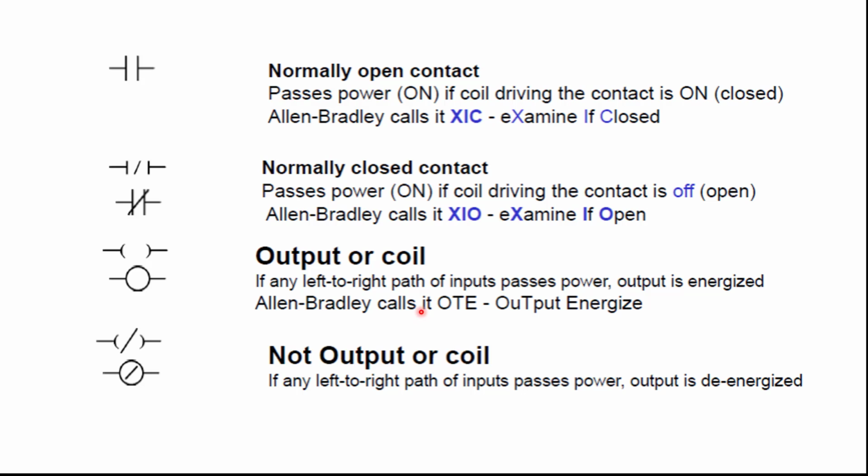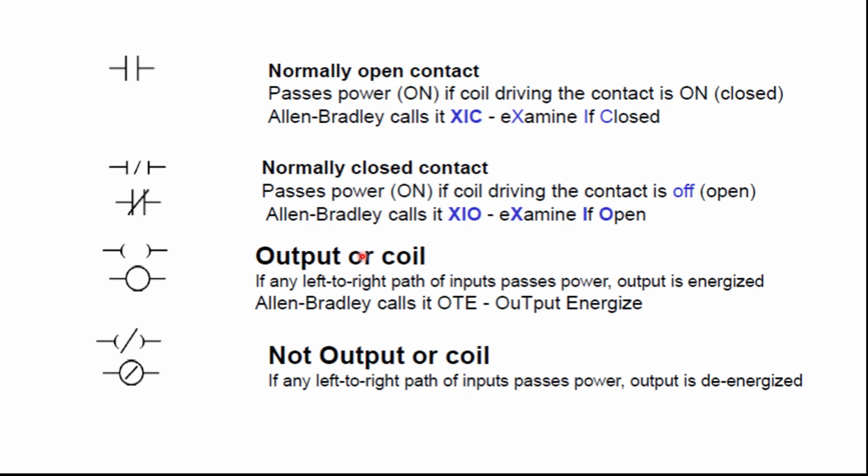Allen Bradley calls it OTE, which means output energize. If the output is energized, in this way we represent the output. If the output is de-energized, in this way we represent it. So these are the symbolic representations of input and output in a PLC ladder logic diagram.